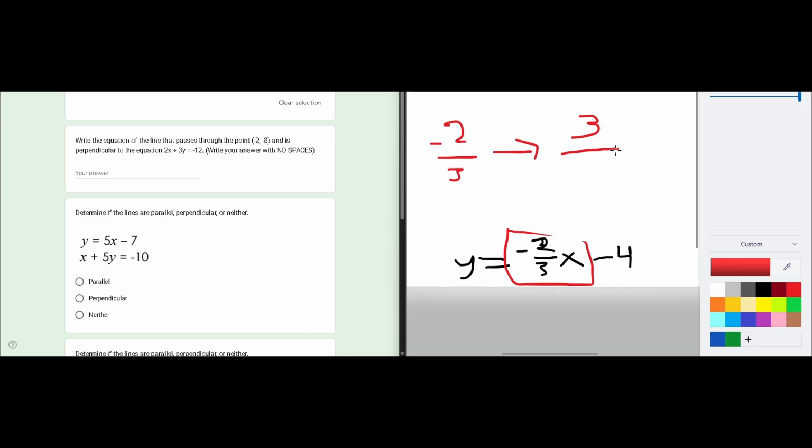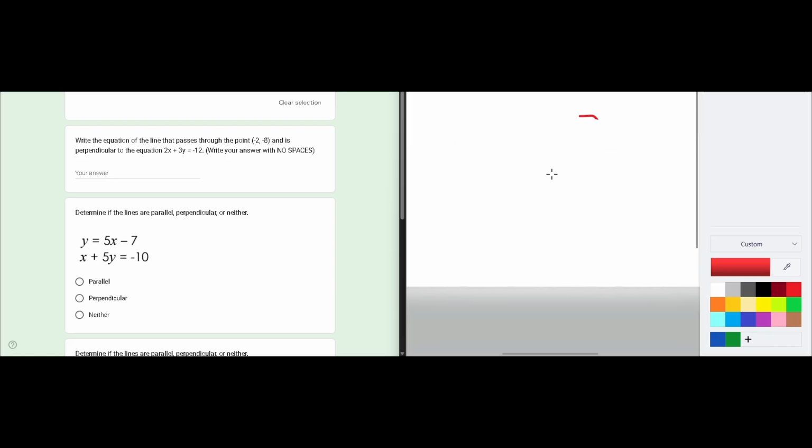Now since our slope for the next equation must be perpendicular, this new slope must be positive 3 over 2. Now we use our formula given a point and a slope to find our slope-intercept formula. So